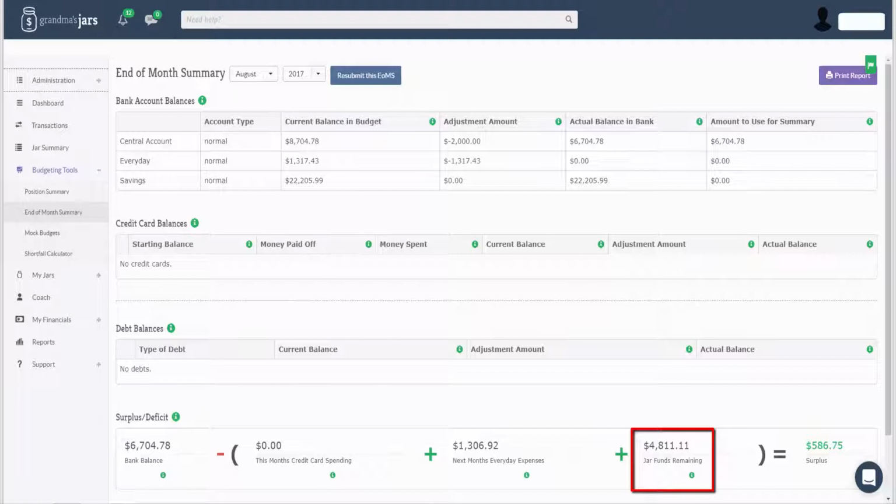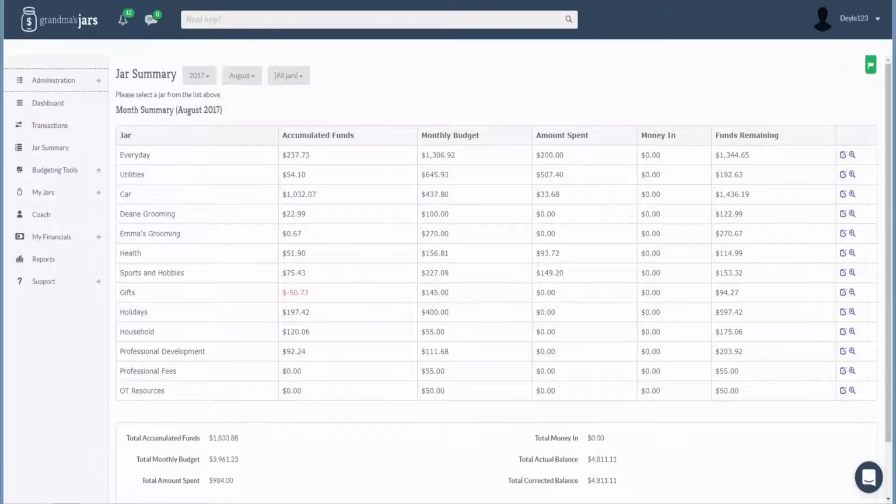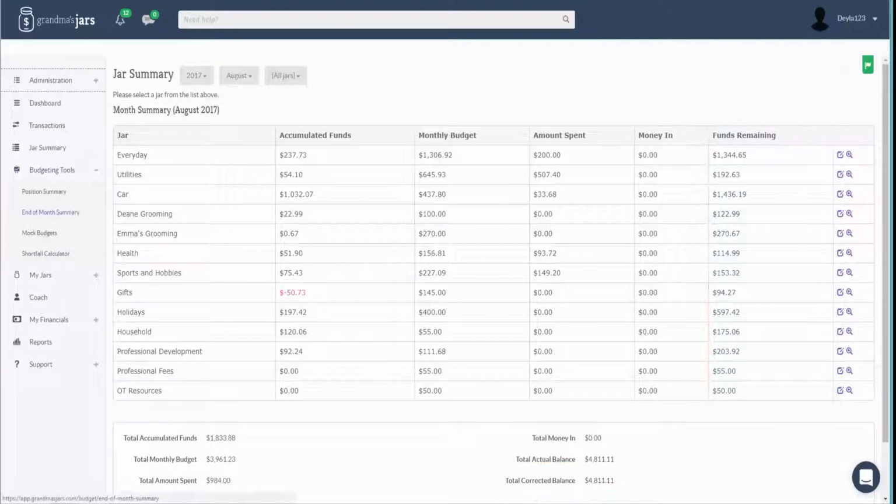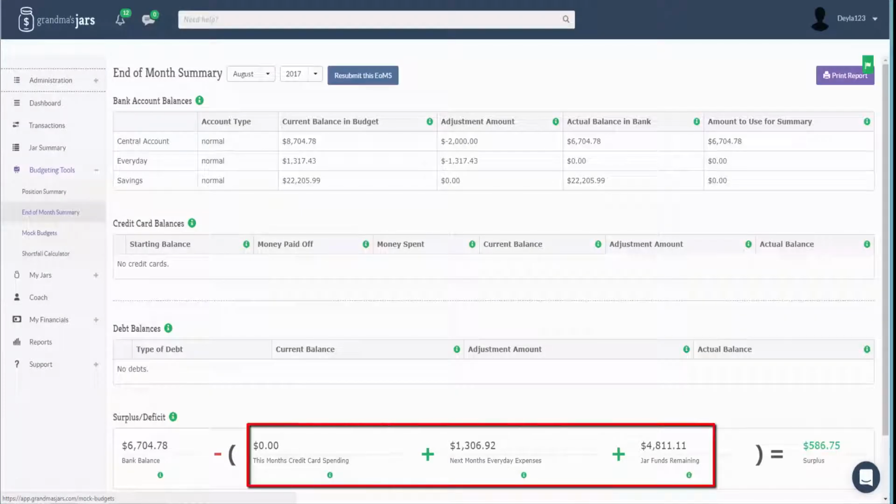For Dean and Emma, this was $4,811.11. If I flick back to Dean and Emma's jar summary page for last month, you can see this figure here. So this is what was left in their jars at the end of last month. If we now head back to the end of month summary page, we can see that these three things added together total